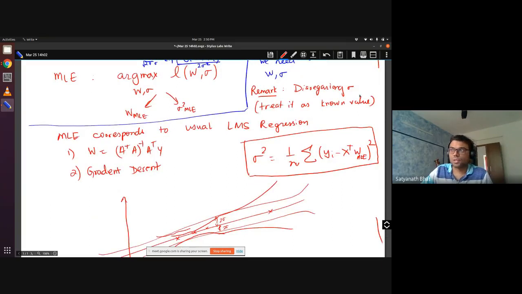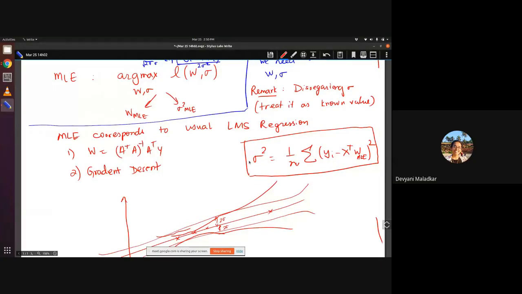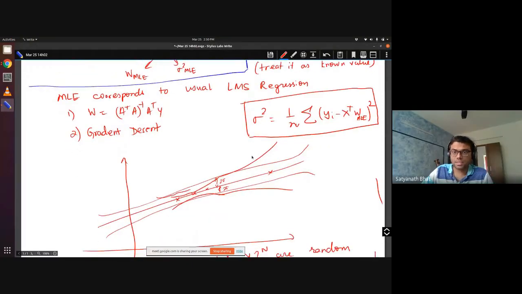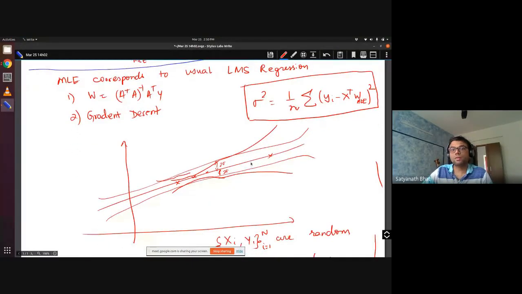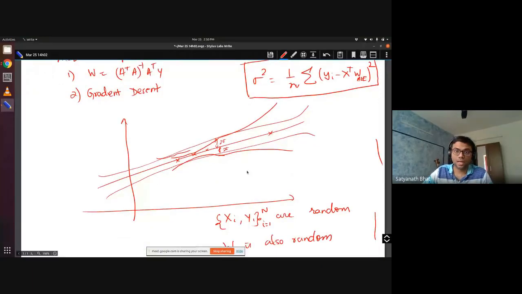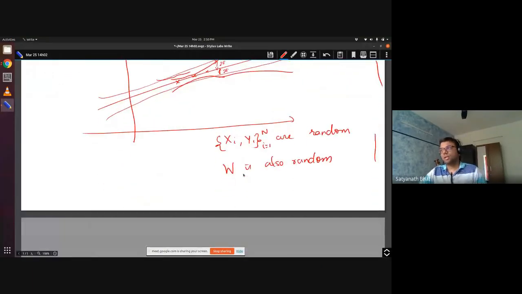So essentially, but the error need not be dependent on W, right? It could just be an issue with your measurement. So like you could be measuring yi with a certain error. So that does not depend on how we constructed our model W. Yes. But you will get some kind of an estimate as to whether you can totally rely on it or not. So let me tell you one example since you bring this up.